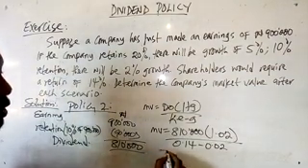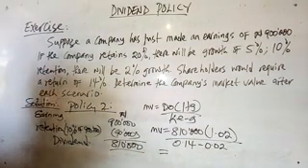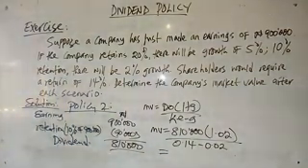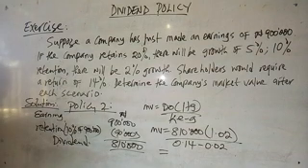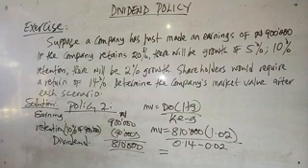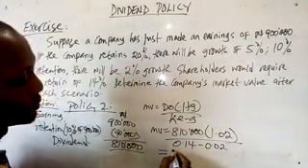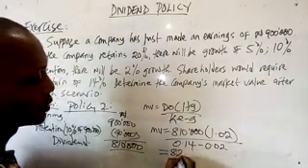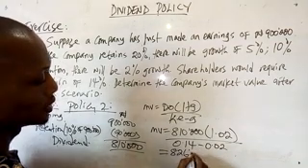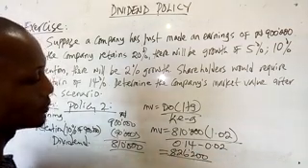It now gives us 810 multiplied by 1.02, which is going to be 826,200, divided by